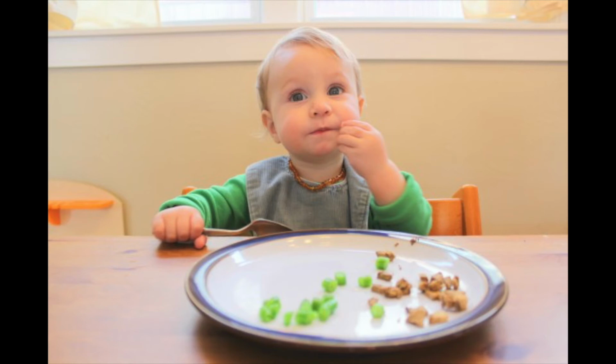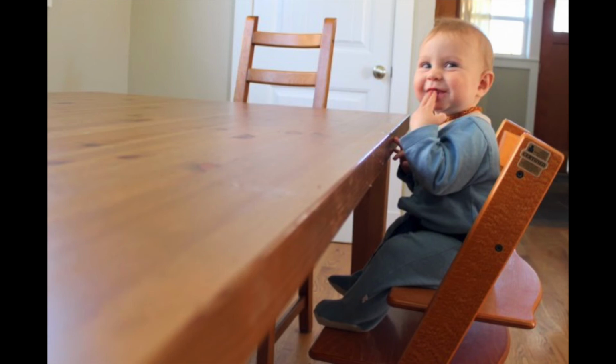Those are all very nutrient dense things, and if you can make your plates full of those kinds of foods, then just allowing a baby who is sitting on your lap anyway to see what looks interesting to them, they're all good nutrient dense options, so we can give them a little bit of freedom. As they're eating more and when they're ready to sit on their own in a high chair, I really like the high chairs that are adjustable, so their knees can be at a 90-degree angle. And once their knees are at a 90-degree angle, their trunk is stabilized